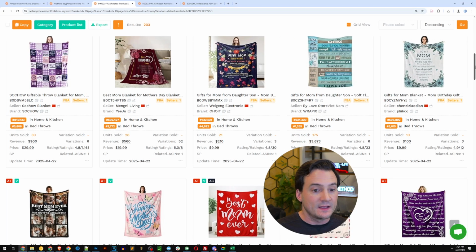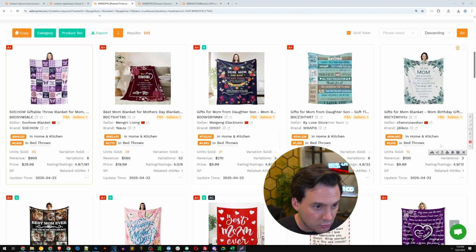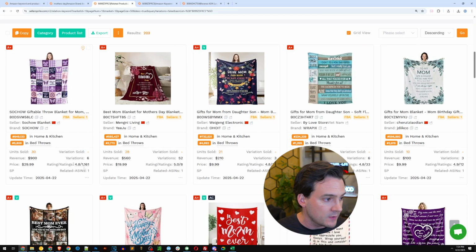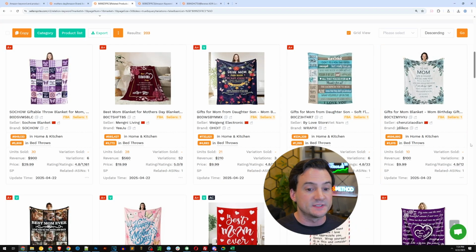You also get additional information from these products. By the way, all of them have sold. If they haven't sold, I don't think Seller Sprite even bothers showing them to you. But you get the ASIN, so then you get a sales projection, right? Like I can see the ASIN right here on this row across all 5 of those products in the first row. But then you can see the sales projection right underneath where it says units sold. Okay, so it's giving you